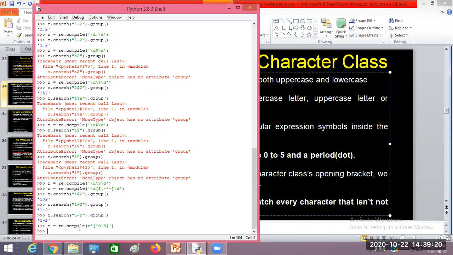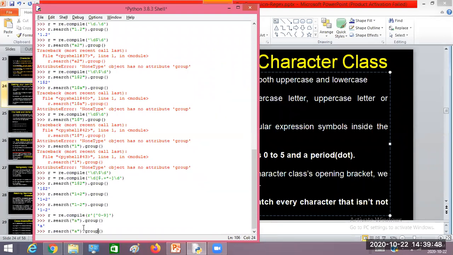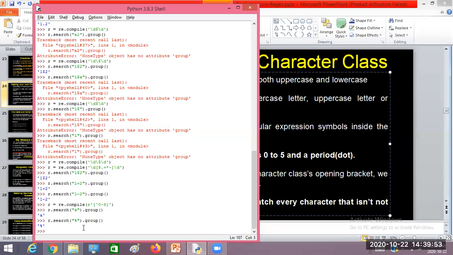If I write this one, what is it going to match? It is going to match everything except 0 to 9. It is going to match a character other than 0 to 9, which may be an alphabet or which may be a special symbol, right? So it may be any character other than 0 to 9. So let us understand with this. Now, suppose I write A, yes, it is going to match that. If I write a special symbol like a percent sign, it is going to match this one because it is not among 0 to 9.